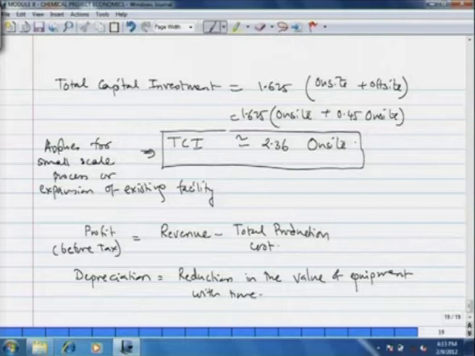And you have to set aside some funds from your profit to replace the equipment once its lifetime is over, or replace the parts of equipment when it is required, or repair, and so on and so forth. You can deduct the depreciation fund from the profit before tax in each year, but the equipment will run for 5 years or 10 years. So, the funds that are deducted for the replacement of equipment may not be actually used for this purpose.